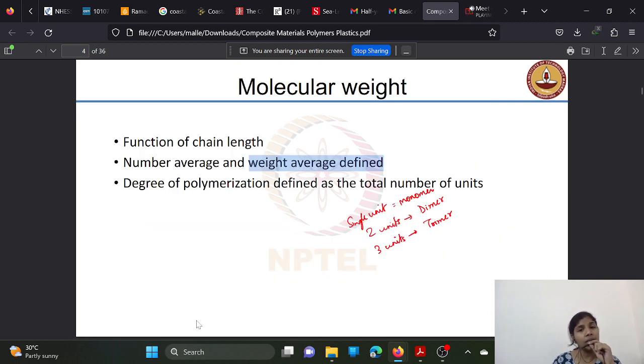And coming to the degree of polymerization, see, as I told you earlier, if there is a single unit it is called monomer, if there are 2 units it is called dimer, if there are 3 units it is called trimer. Okay, so degree of polymerization is defined on the total number of units. By counting the number of units only we have come up with these names like monomer, dimer, trimer and polymer. And what is the degree of the polymer? The degree of polymerization is defined based on the total number of units present in the chain structure. Okay,